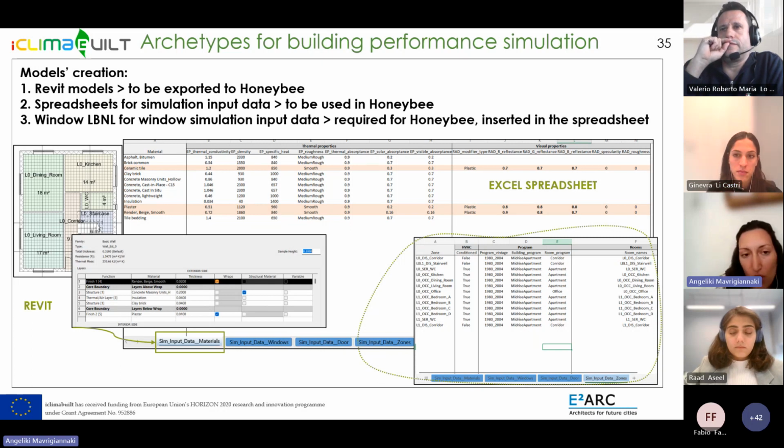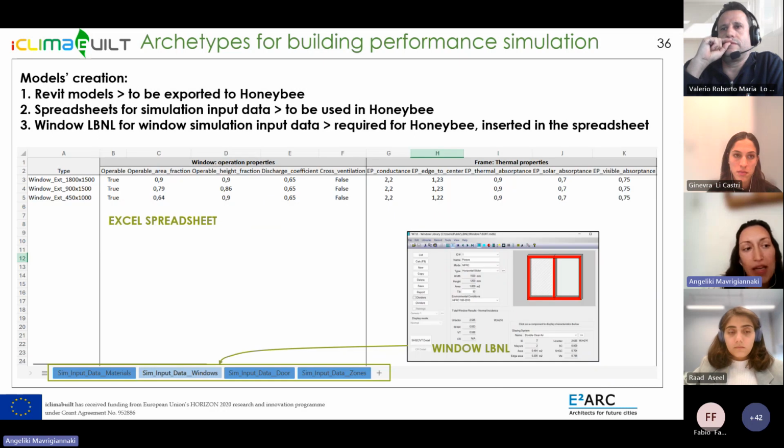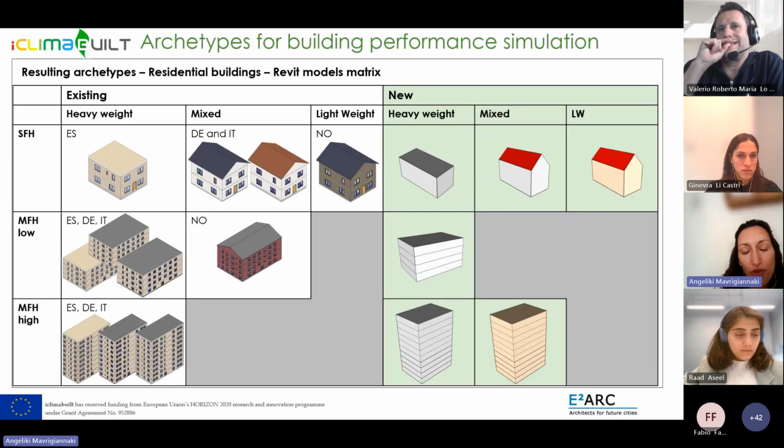A similar work and recording of properties was done for the windows, and for this case also we employed the application window developed from Berkeley Laboratory, which could give us specific information about the thermal properties of the frame. So after all of these steps, we now can move forward to see what are our final Revit models created for its archetype. In this slide, we see the updated